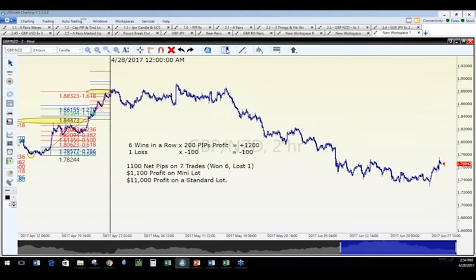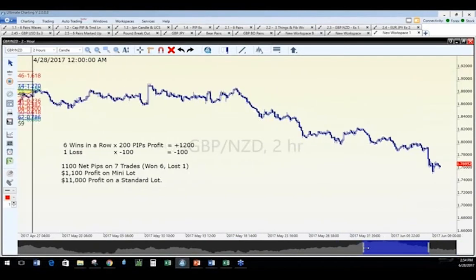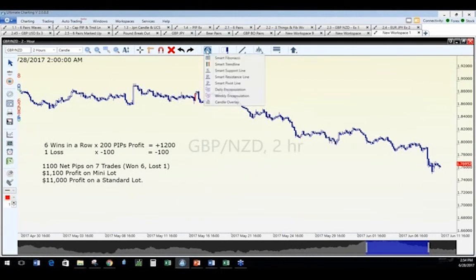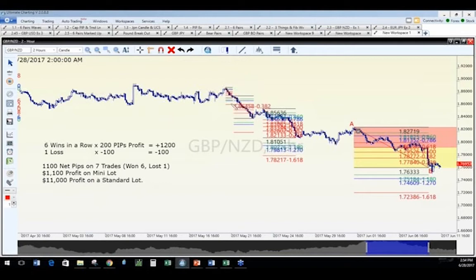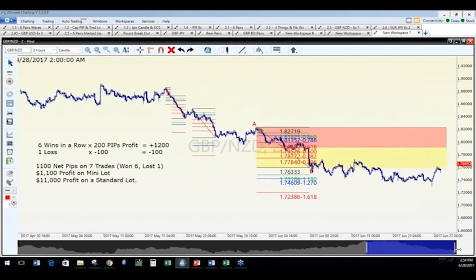Now, on the way down, I'm going to do this a little bit quicker. Somebody was asking, does this work on the way down as well? Well, it does. If you want to use the Fibonacci tool, normally you start this at the beginning, but here we have 1 trade work, 2 trades in a row, 3 trades in a row, and right now this is bringing us to the live market.